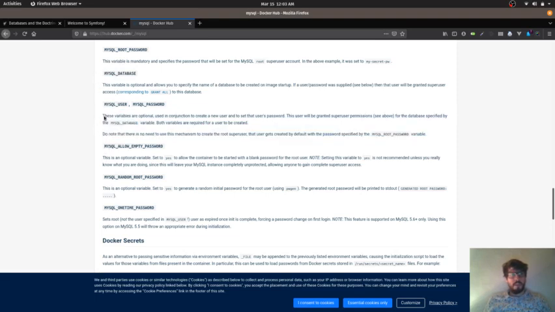For example, these are what we're going to use, and it says these variables are optional. They use constructors to create a new user and set that user's password. This user will be granted superuser permissions for the database specified by the MySQL database variable. So we will want to set the